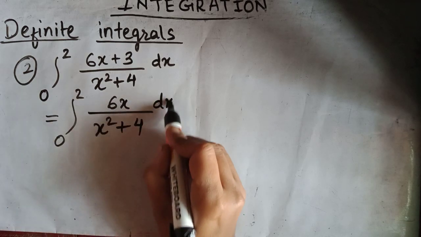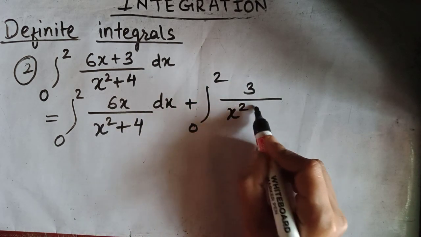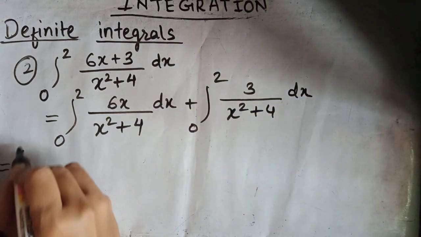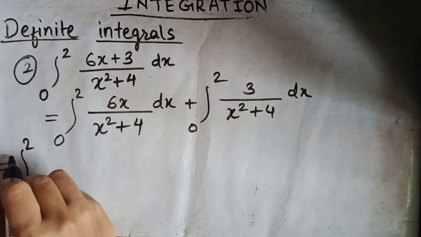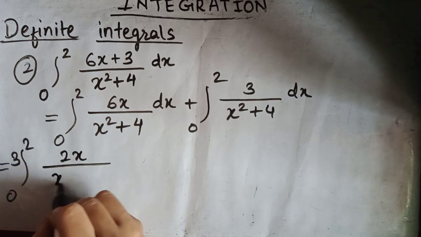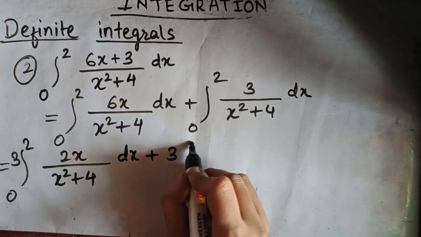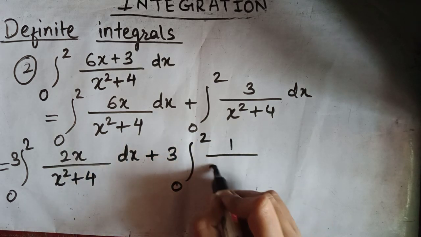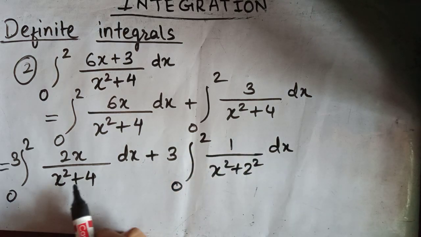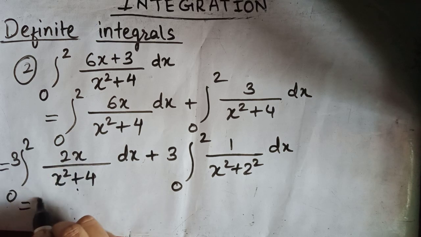I'll separate this out: 0 to 2, 3 into 2x upon x square plus 4 dx, plus 3 I can write outside, 1 upon x square plus 2 square dx. Here I can apply the f dash of x upon f of x formula. So this will be 3 log